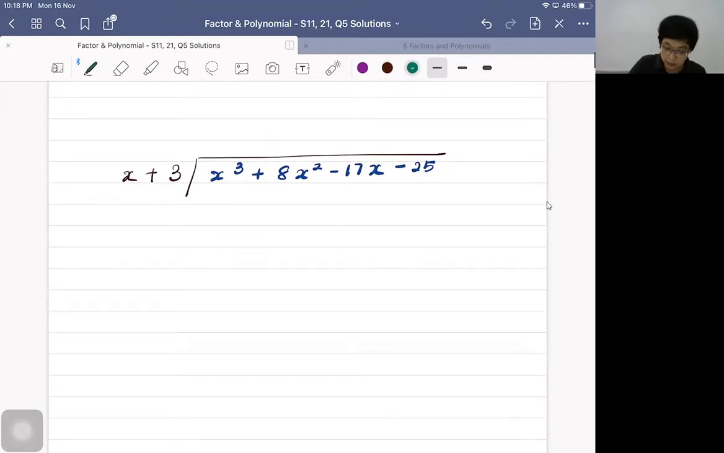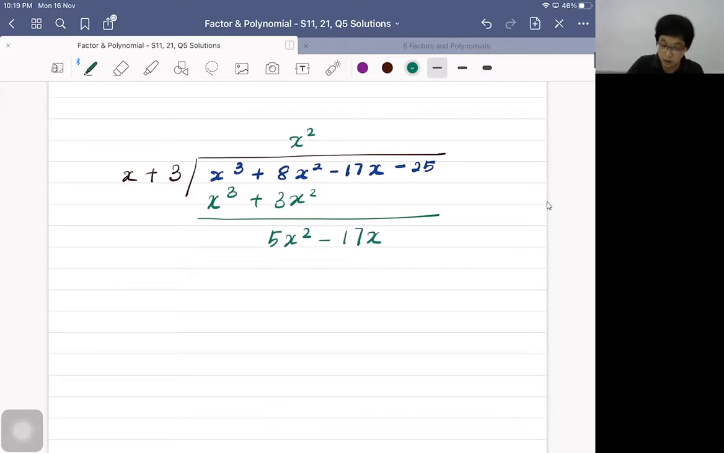Dividing by x, we get here x squared, and here you add x cubed plus 3x squared, and underline, subtracting. The remaining, what we have here, you're going to get 5x squared minus 17x. You go on dividing the next term, you're going to get 5x, then minus 3 times 5, you get positive 15x. Then we go on, when you subtract that,